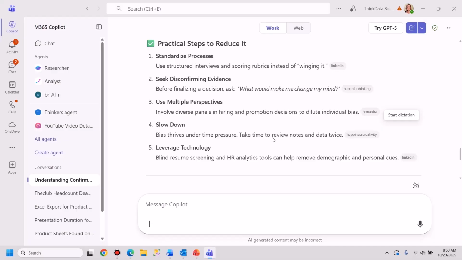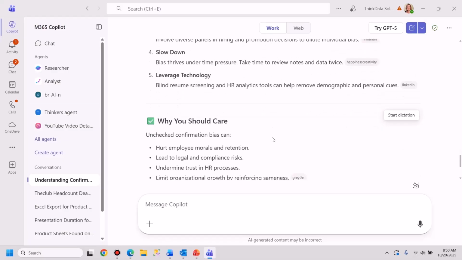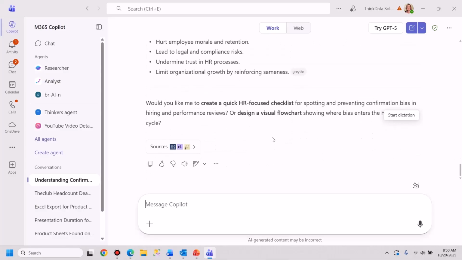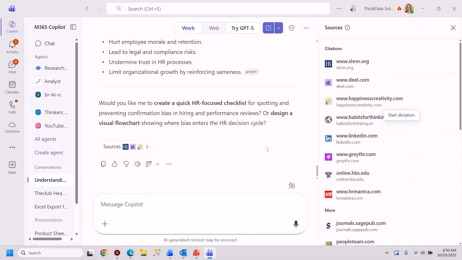Okay, so here's the tip. Fine-tune your prompts. Tell it who you are and who you need it to be. And then if you're using Microsoft 365, I love these sources